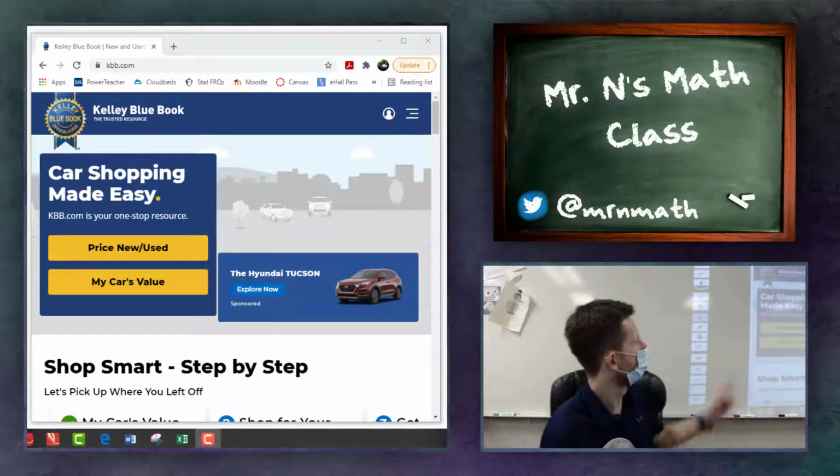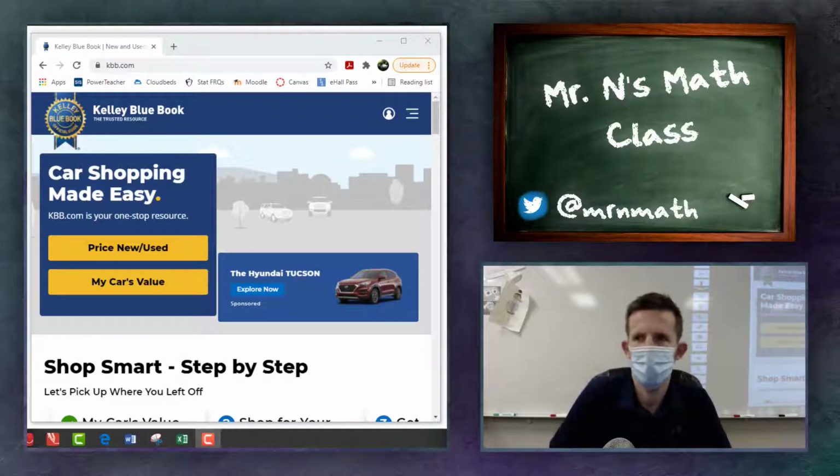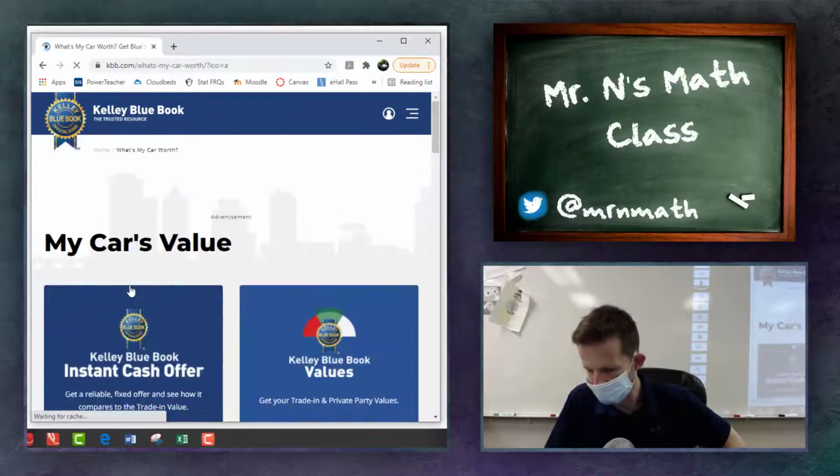How many guys have used Kelley Blue Book before? Or know what it's about? All right, Walker, what's Kelley Blue Book about? It's like an online car shopping site. Yeah, and it mostly also just gives you a general value of your car. So for example, if I click on my car's value,